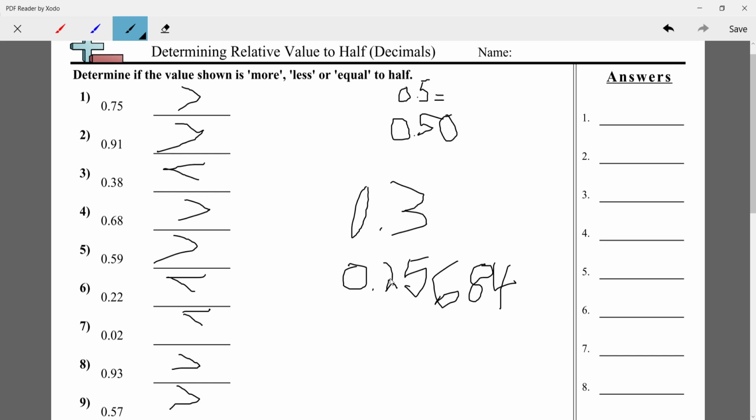Okay, now this is a little tricky. This one has 5 numbers after the decimal. This one only has 1 number after the decimal. But if we just add zeros, because it doesn't change the value, so that they both go to the same place value, there's the same number of digits after the decimal. Obviously, 30,000 is bigger than